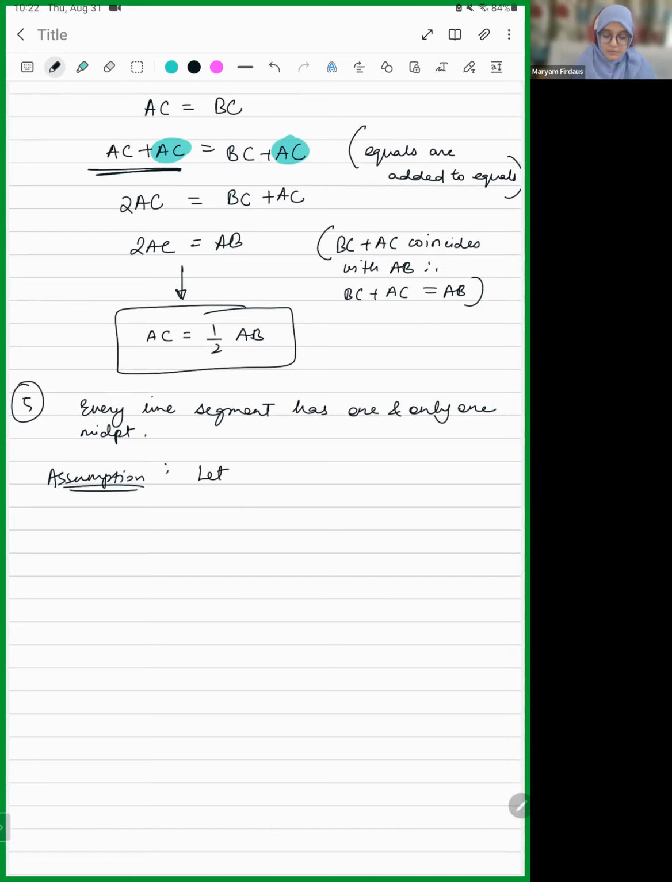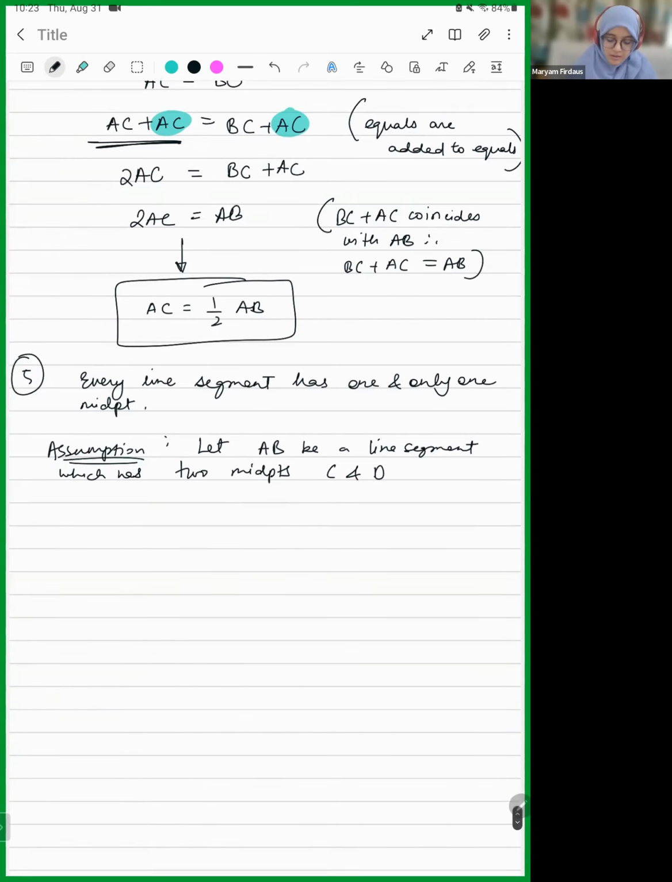Let AB be a line segment which has two midpoints. Let's say C and D. Okay, let's say there are two midpoints. And that means if they are both midpoints, then that means,